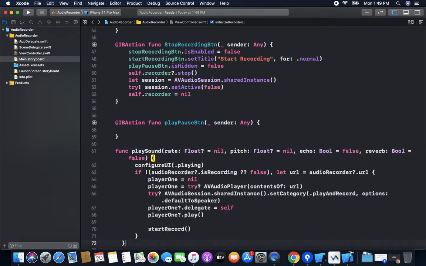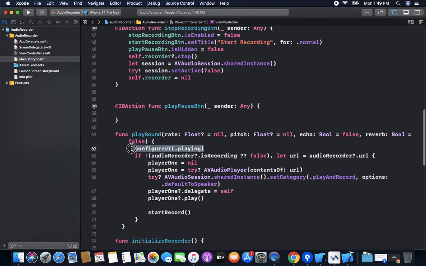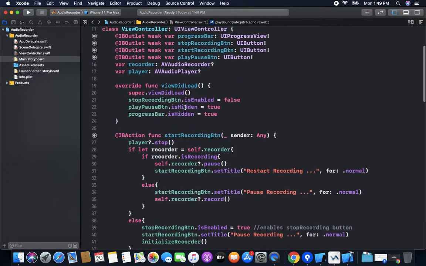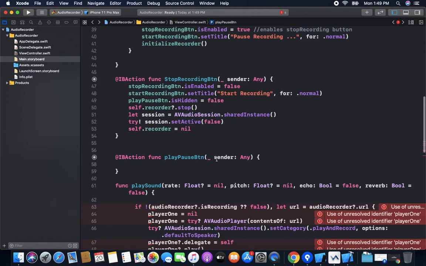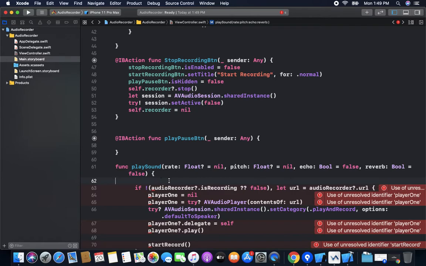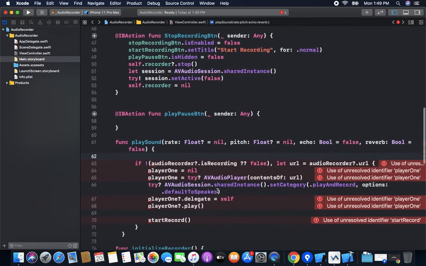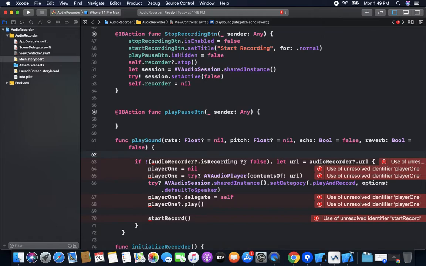So for play, we write a function of play sound. We just worked on renaming things.